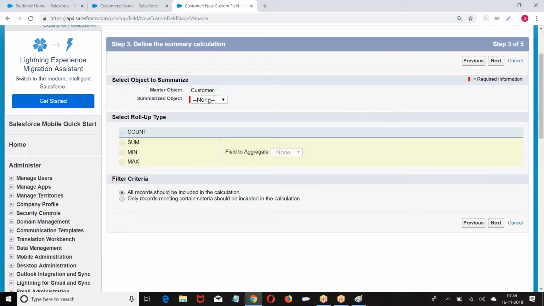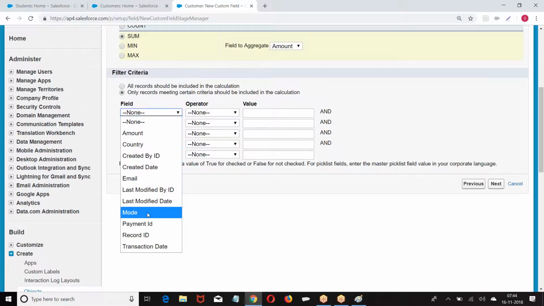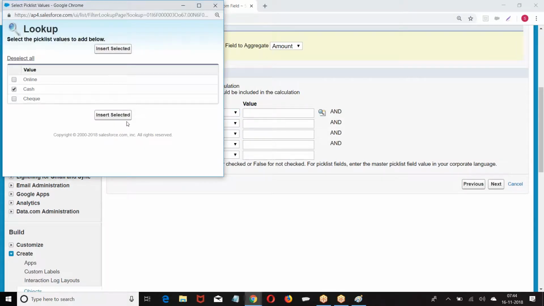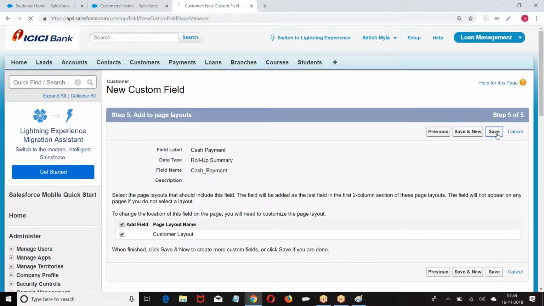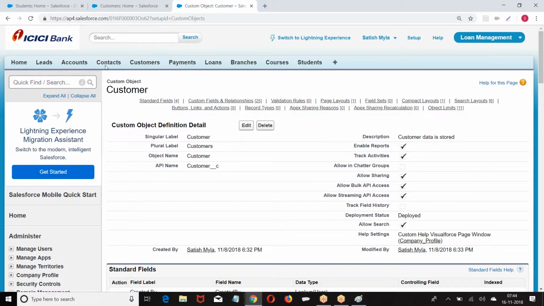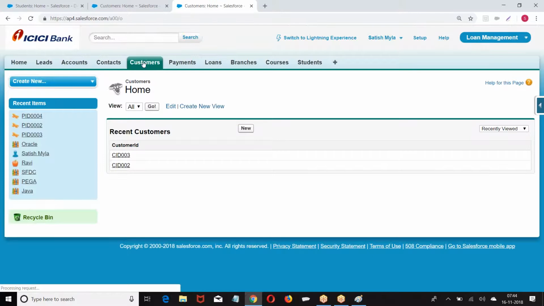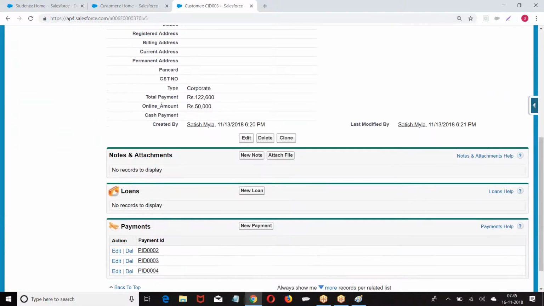Then they're asking you to summarize on payment, sum of amount: all the records or specific records. Specific records where mode of payment equals online. This is what we create. Go to payment, go to customer. Now we have total amount, online amount.